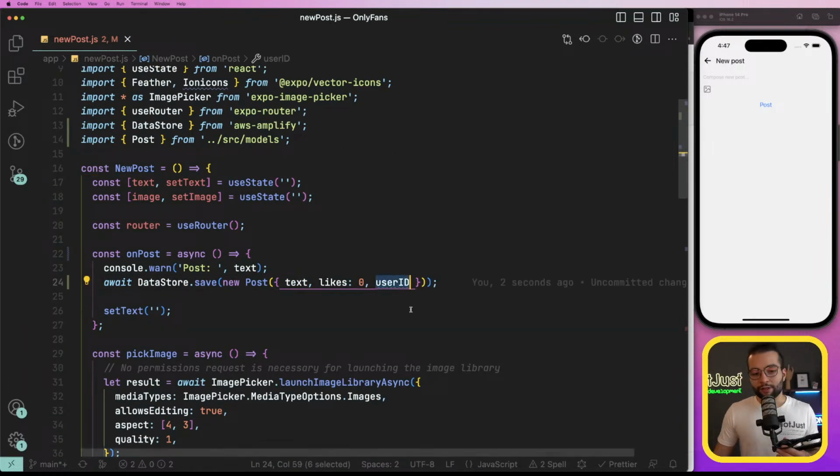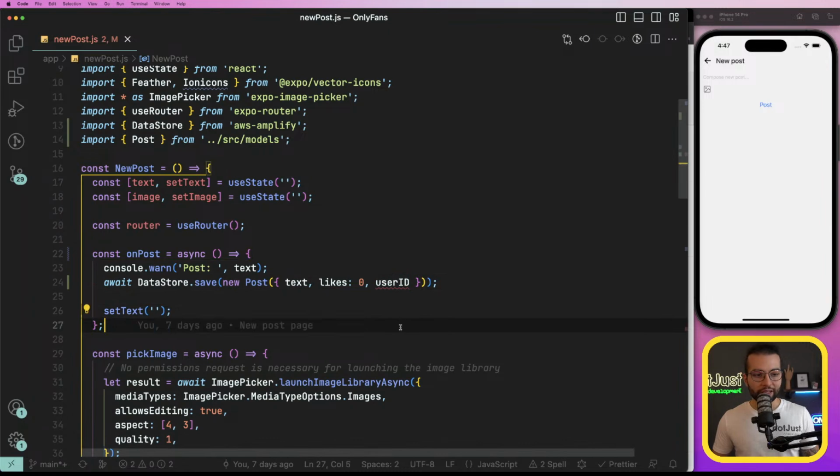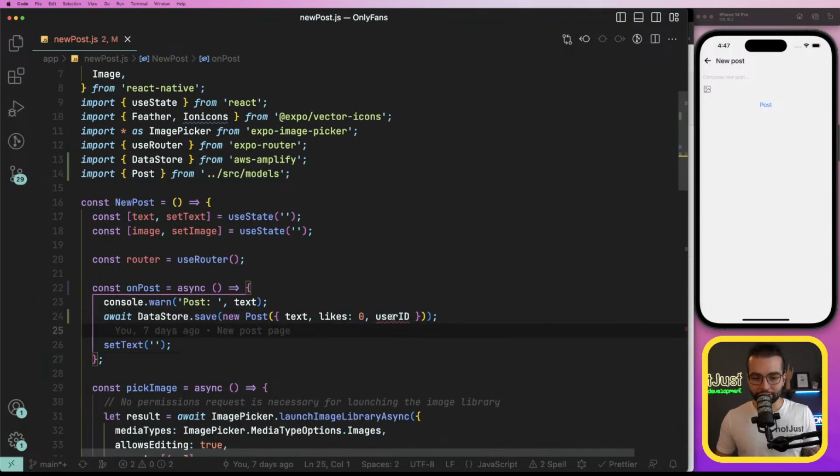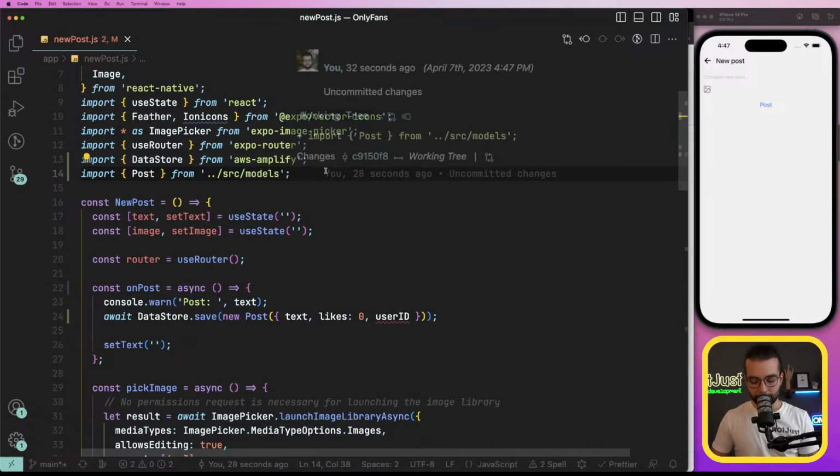Okay, but where do we get this user ID? Well, we can get it from our authentication layer. And this is where you will start seeing why we had to synchronize the database ID of a user with the authentication layer ID of a user. Because at this moment, we don't know who the user is in the database, but we can easily get the information of the authenticated user using the